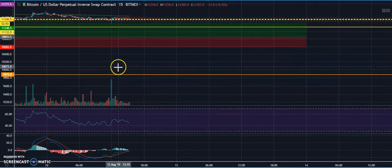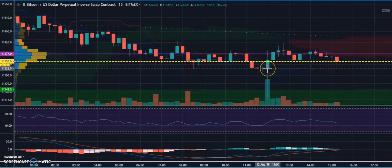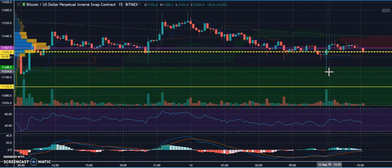If we go on a much lower time frame, we can see how there is a very big spike here, almost until 11K, and this was in a very short period of time. So basically what the whales or smart money have done, most likely, they have pushed the price down in a way that people who actually longed and put a stop below this range, basically they got stopped out, and in some cases also potentially liquidated,